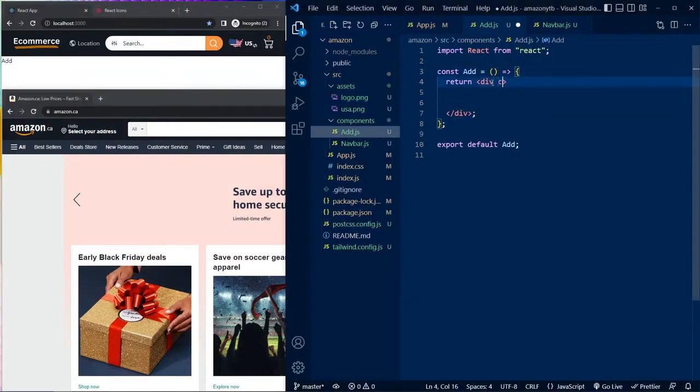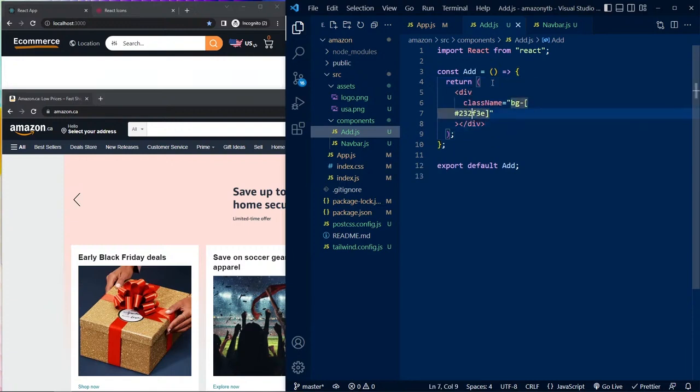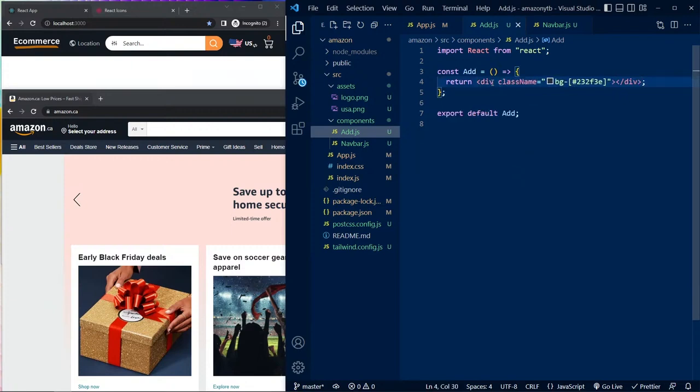So I'll say className, bam, and let's say bg. So background should be this color. Again, we are using Tailwind CSS. It's a CSS framework, and we can write CSS styling in the className of the div. So if I save and say hi, for example,